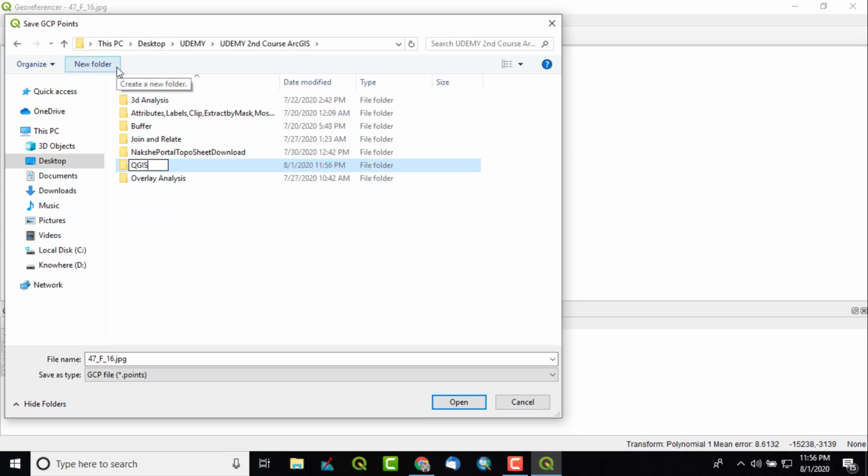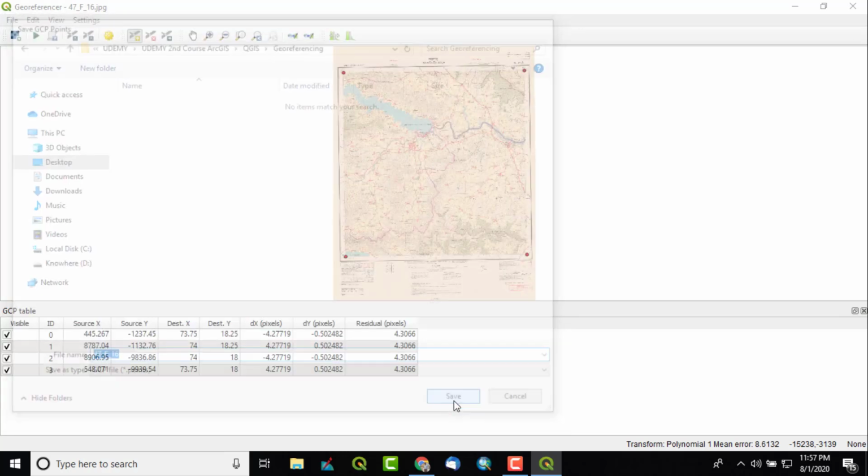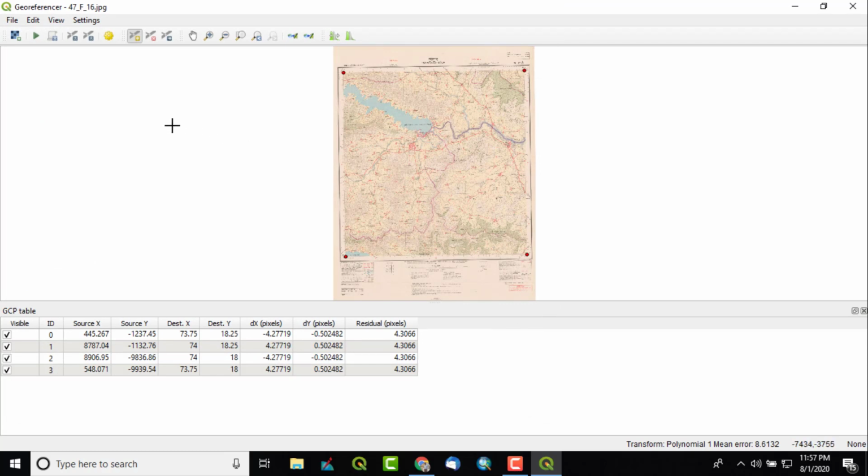I'll make a folder, GS, and within it name it georeferencing. I will again create a folder and keep this name so that I will recognize that this GCP is of the 47F16 map, and then click on Save.